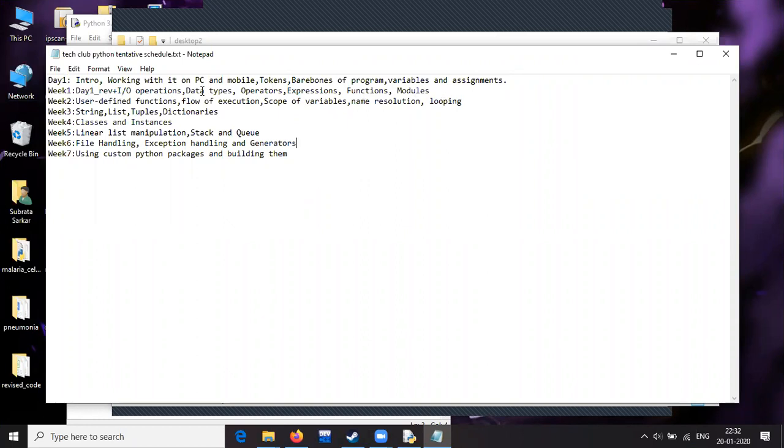Today we will be doing a bit more on data types. We'll be learning various operators that are available in Python. We'll be learning about expressions, about functions, and also some basic knowledge on what are modules and how to use them. So let us first start with operators